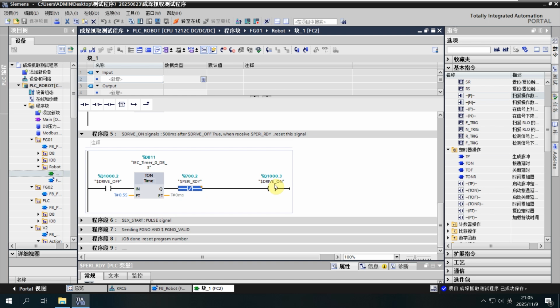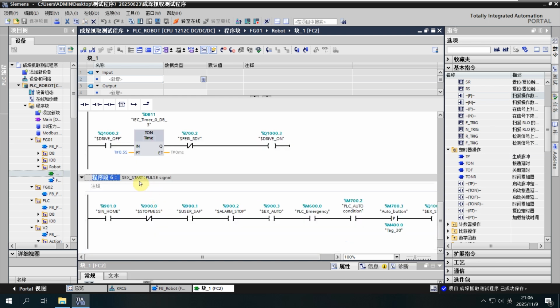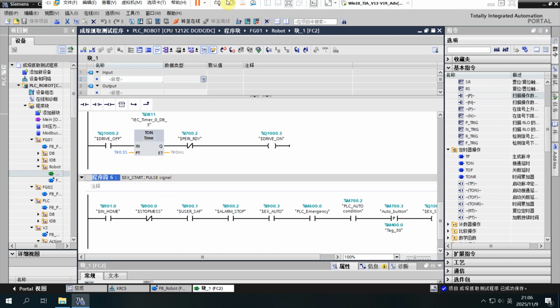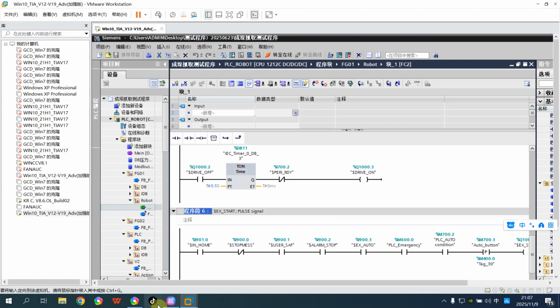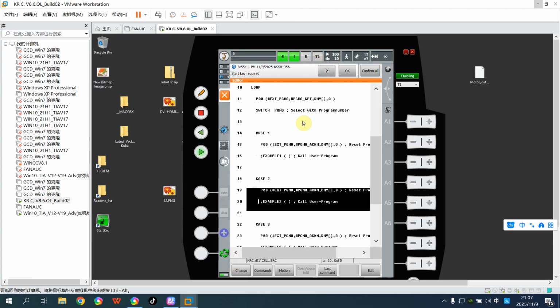Okay, the next should be external start. This signal must be a pulse signal. Once you output this external start pulse signal, it will run the cell program in the robot. So before you can run this cell program,